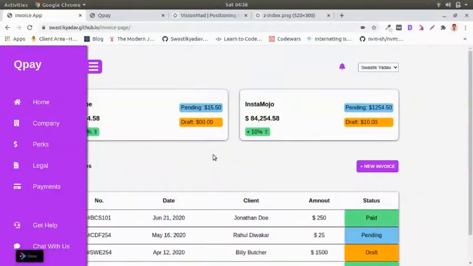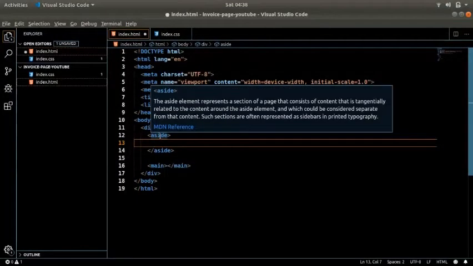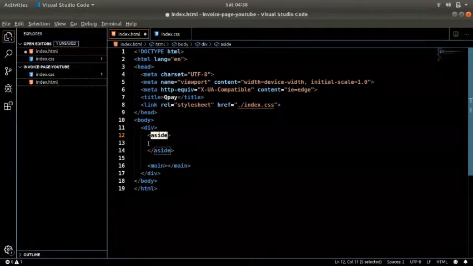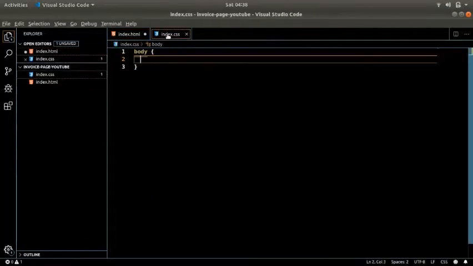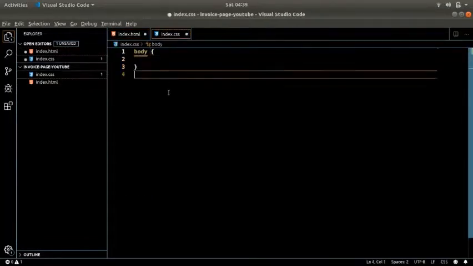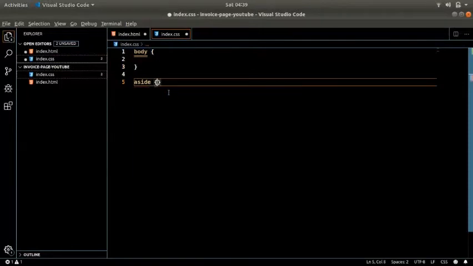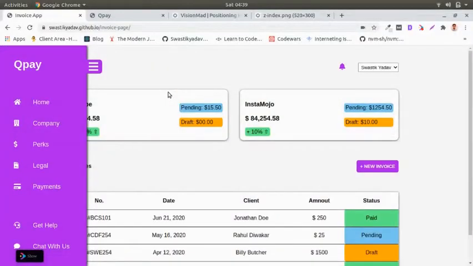So let's start building it. This is going to be the only aside tag on the page, so I will just address it as aside. I will use the type selector aside, and we will define its width and height.